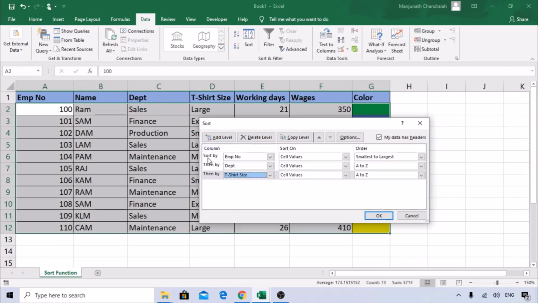First it's going to sort by employee number. If anything is left, it will sort on the department. Then if anything is still there, it will sort on the t-shirt size. As you can see, the employee numbers are values, so it is taking smallest to largest.